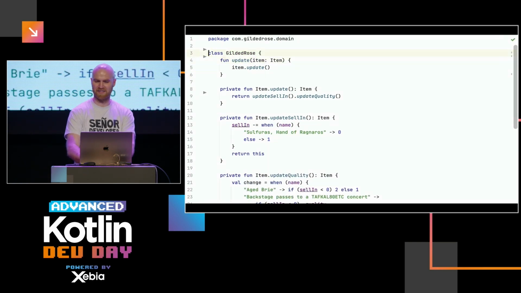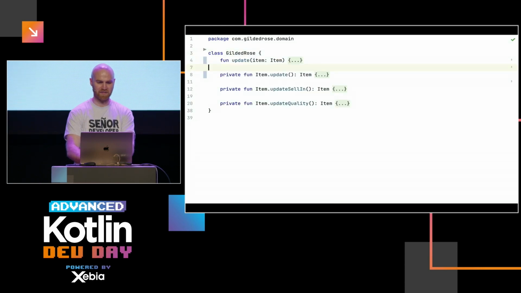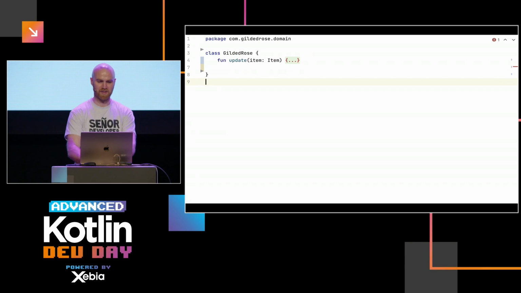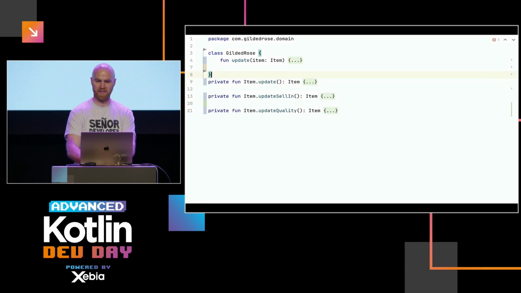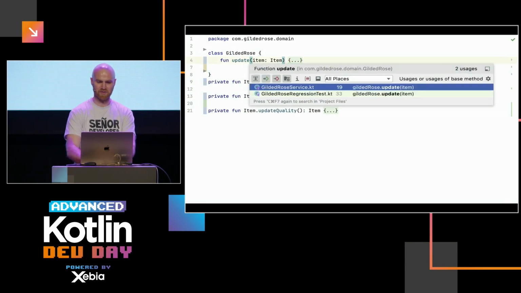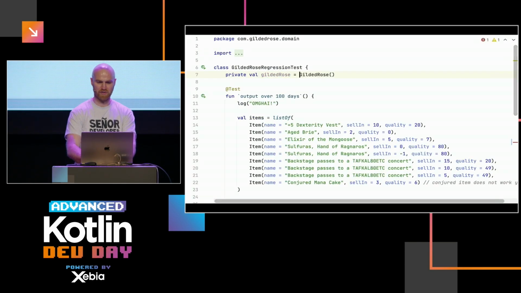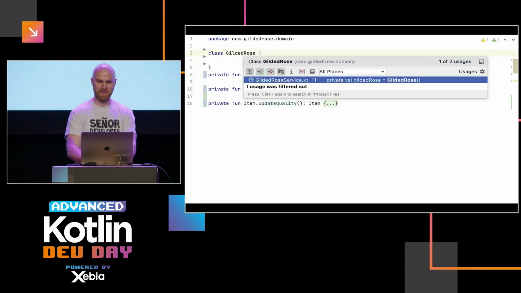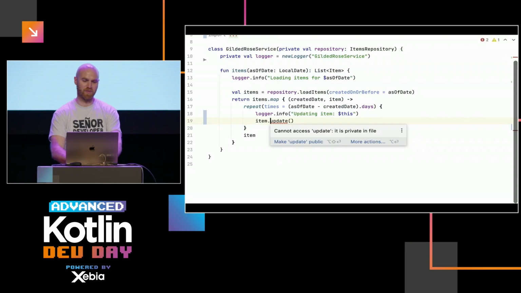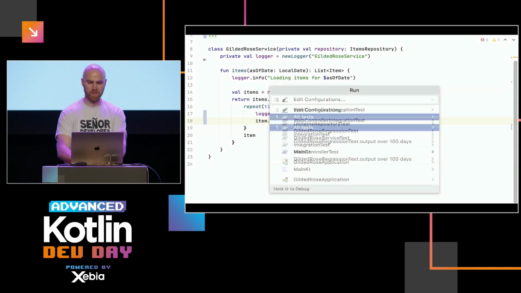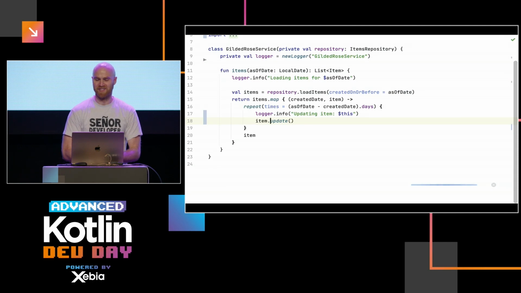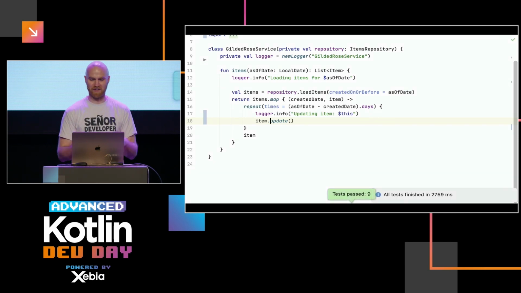And this class doesn't have any state anyway. So what is it doing if we collapse everything? It's like 3 extension functions on Item. Maybe we could move these things out, and this class could just inline completely. And then we don't need this class at all anymore. And then we moved, well, made it public, but we moved to a more functional design. So that's like a side effect of thinking harder about things.